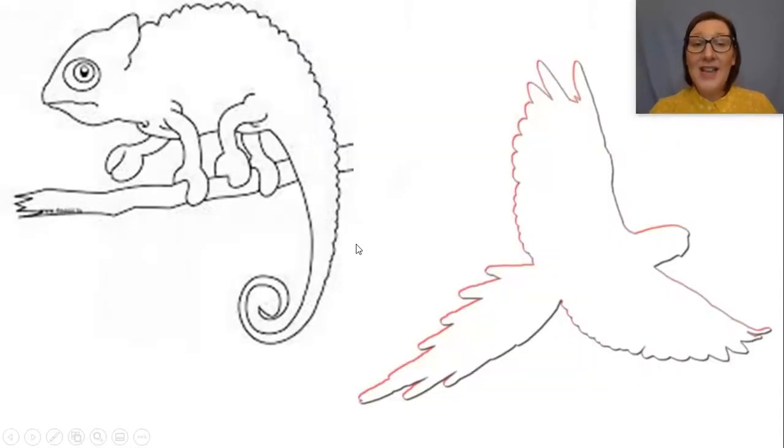Now, children, today your task is to have a go at creating your own shape poem. You can use the words that you've had earlier and you can put them into your different shapes. I would love to see some similes in there though. So try and get those in for me, okay? So try and think about how you can describe what they look